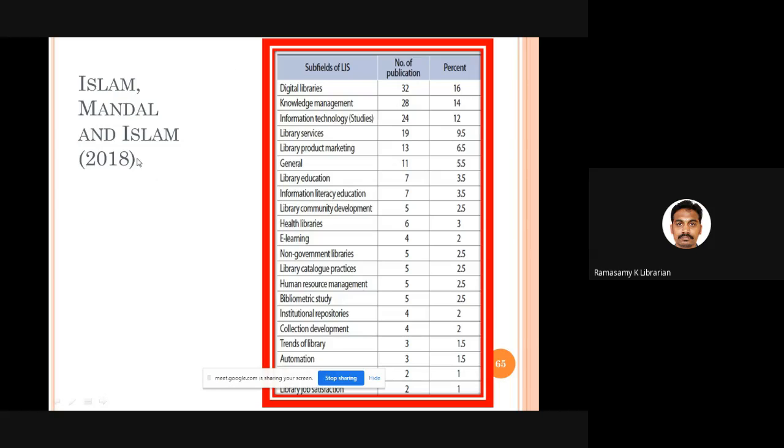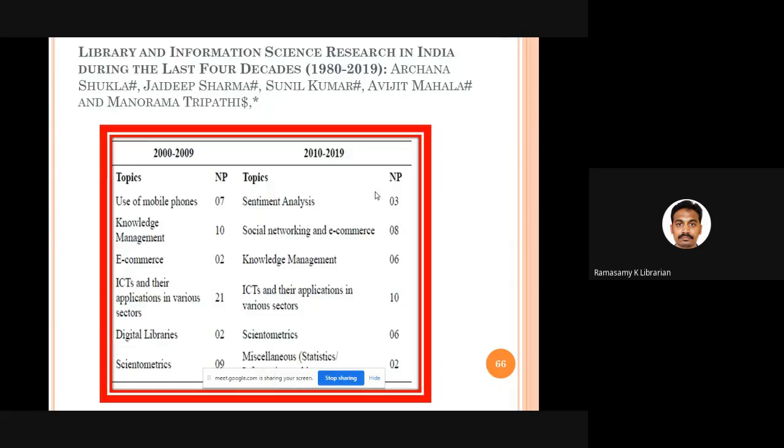In 2018, they discovered that areas like digital libraries, knowledge management, information technology, library services, library product marketing, library education, and information literacy were very popular topics.